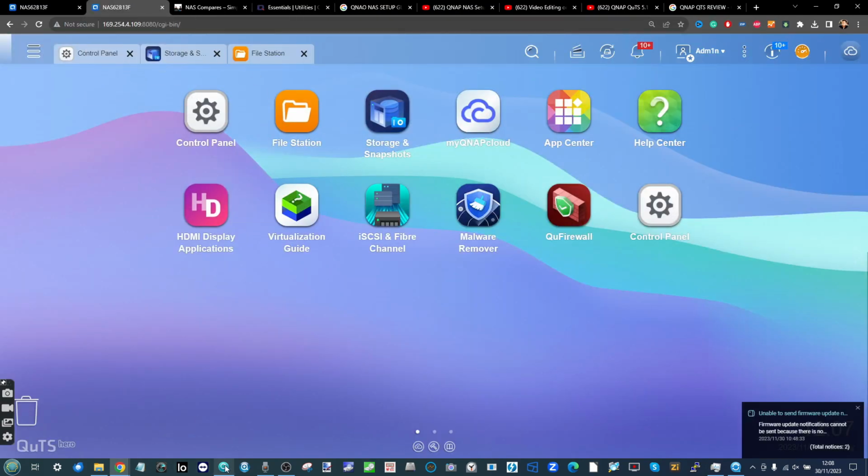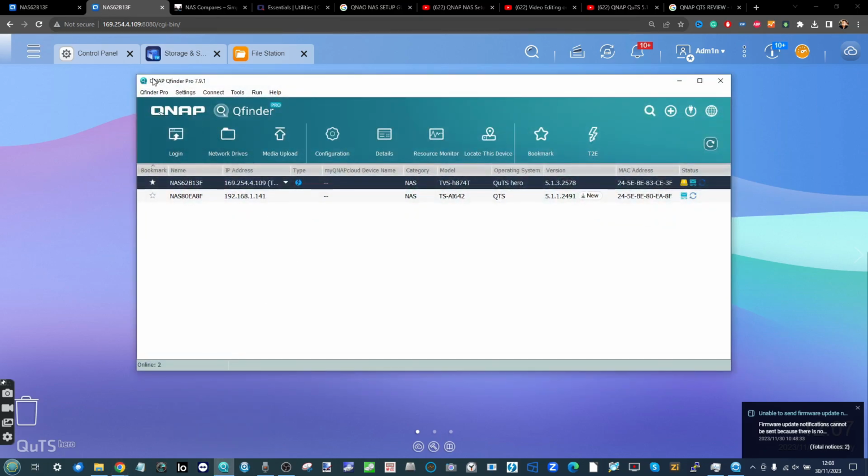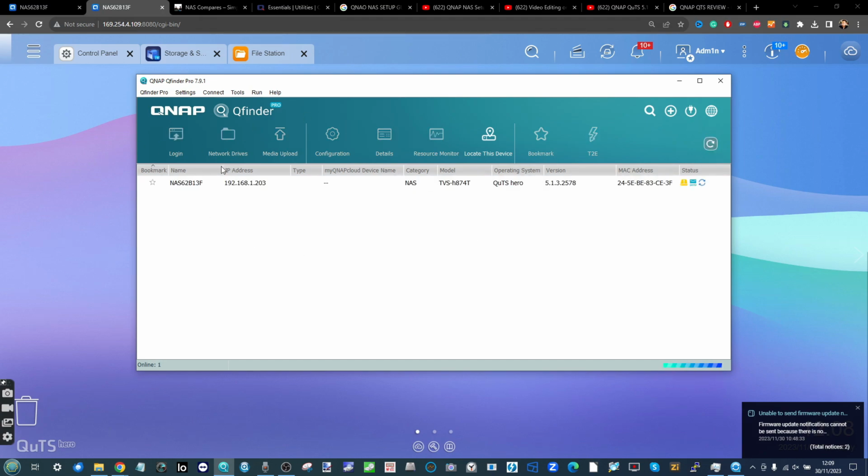Now when you connect the NAS for the first time to your Thunderbolt connected system via Thunderbolt cable, go ahead and use the QNAP QFinder Pro software. Open that application up, make sure it's installed, and then click the refresh. That will scan your local area network for connected devices, and as you can see there is our TVS